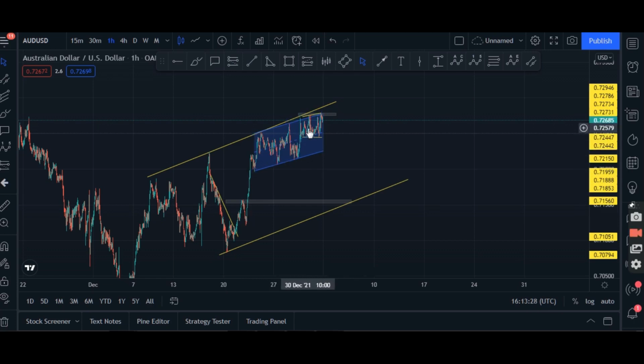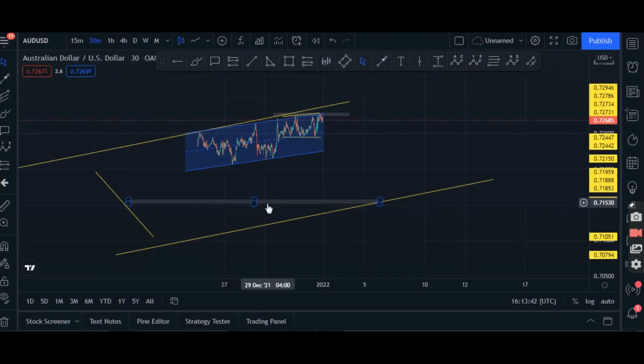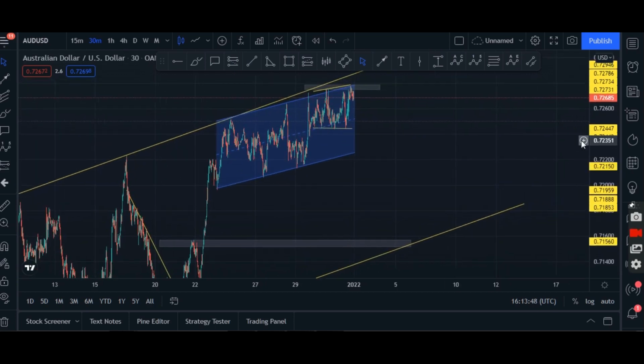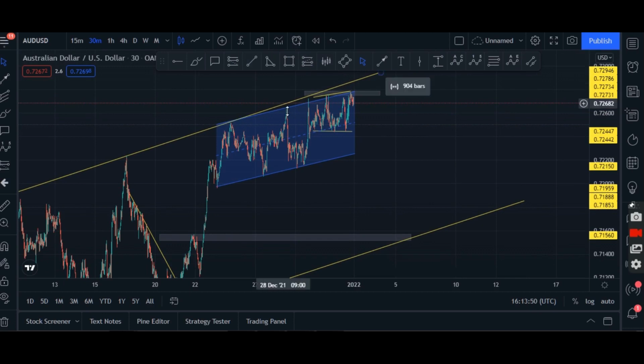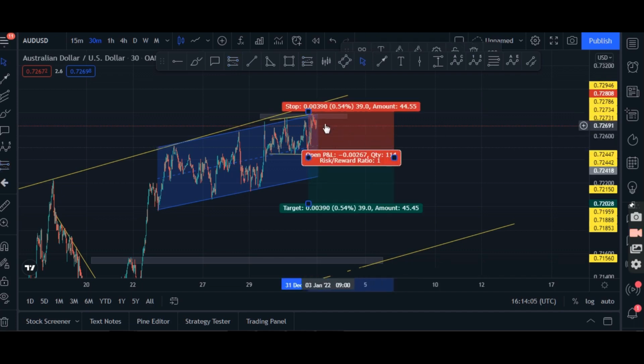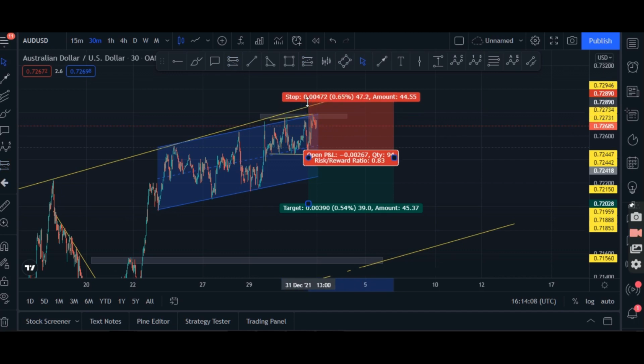So we can expect right now maybe a break to the downside like that, because this pattern is basically a reversal pattern. It's basically showing us that there are possibilities of the market reversing, changing direction, so to speak. So on the minute time frame, guys, we can clearly spot over here that we have two options. We can either take this trade to the sell from here, which we'd risk about, let's say, 45.